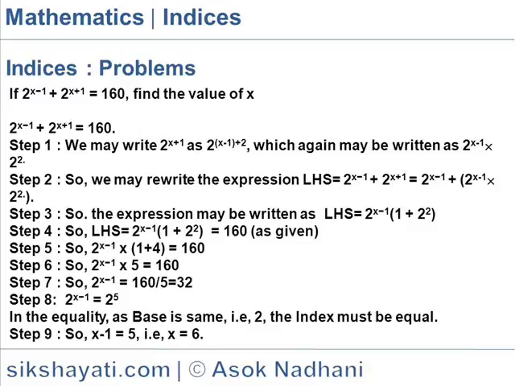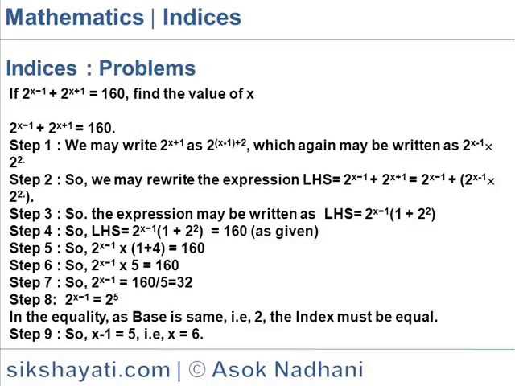That was our main purpose of converting the second part in terms of the first part, so that we can take a common value for both parts. So we can write the left hand side as 2 to the power x minus 1 into within brackets 1 plus 2 to the power 2, because 2 to the power x minus 1 is common in both the parts.